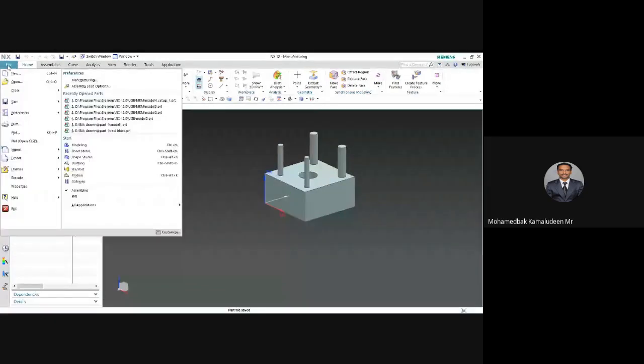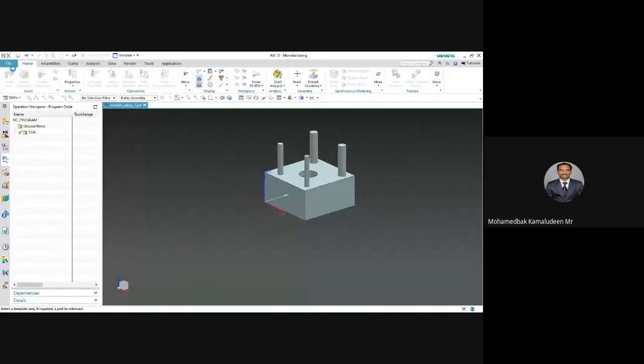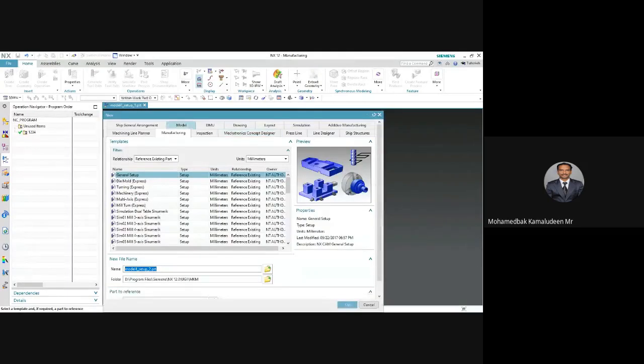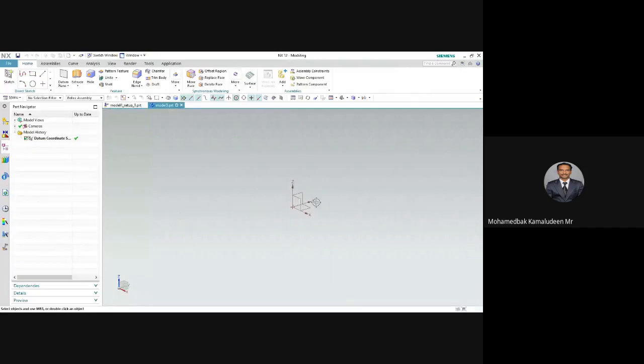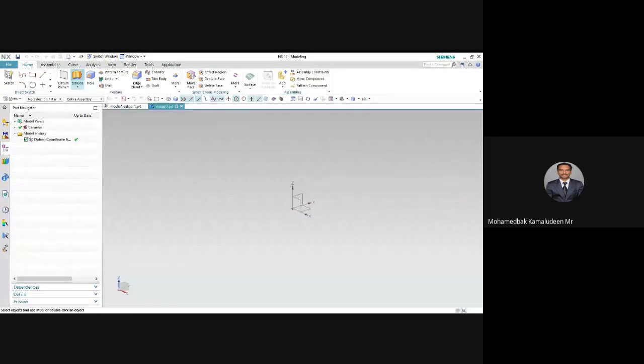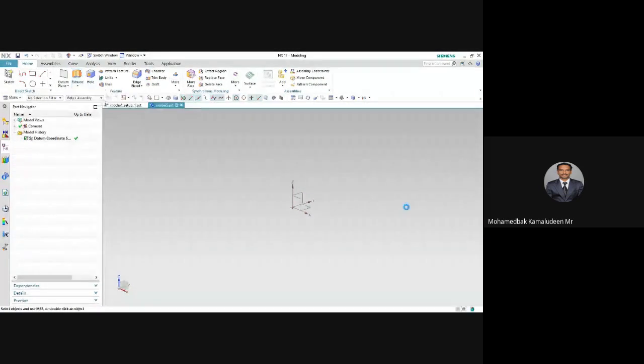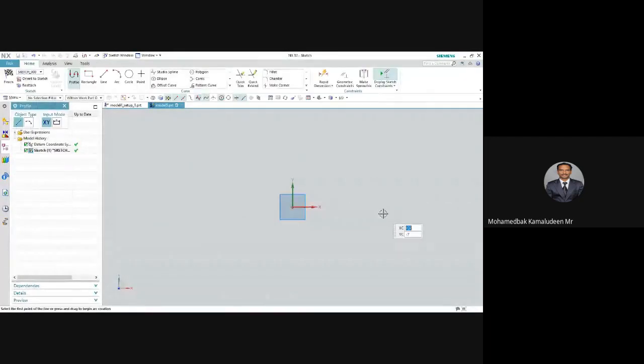Okay, then go to new, model 5. Again come to the drawing menu, go to the revolve command, select the XY plane. This is experiment 3.